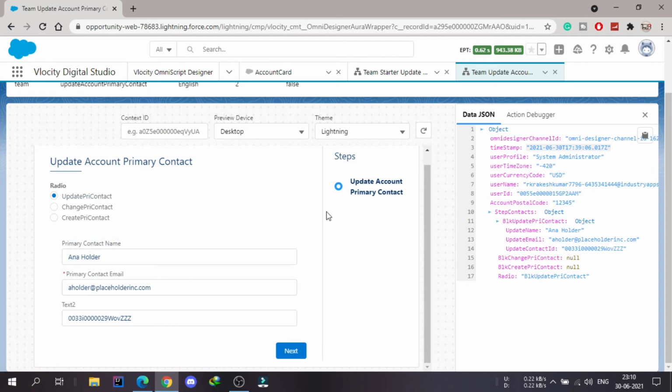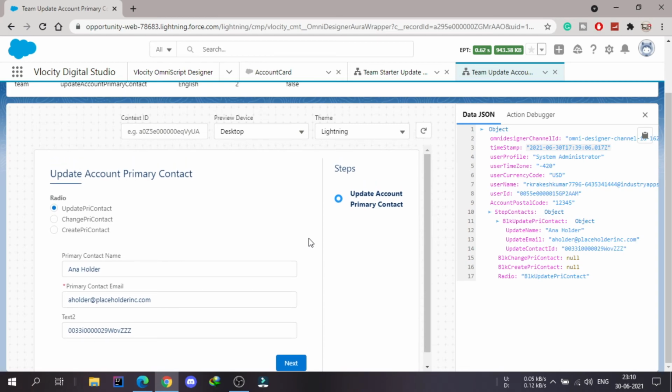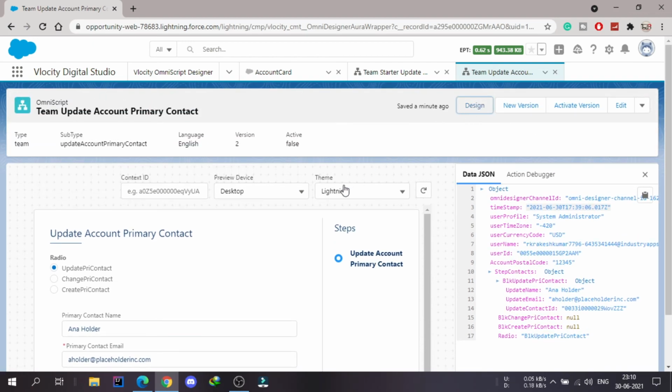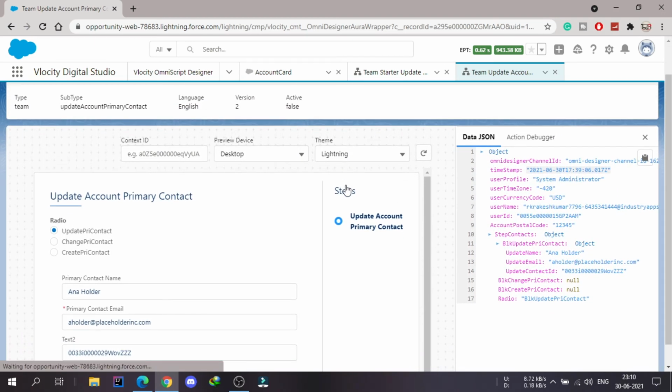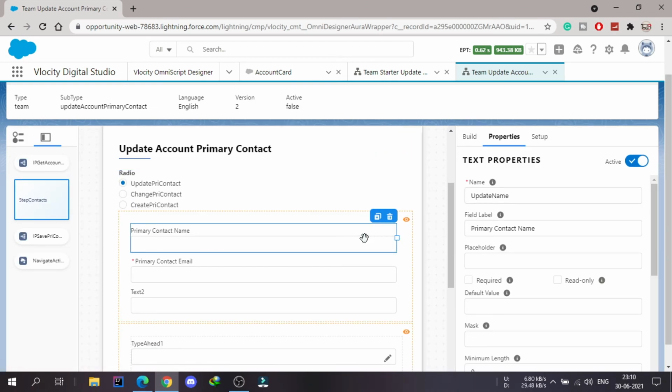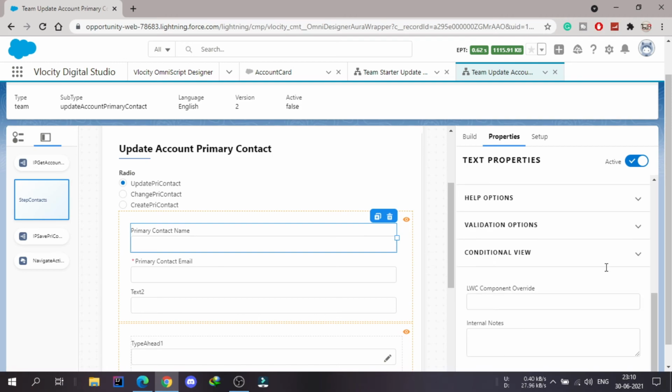So this was all about conditional rendering inside the OmniScript, how we can configure the radio buttons and how to make the conditional view for any block or any field. We can also set the same thing for a field. The same way we have set the condition for the blocks, we can set it for a field also. If you go to any field and scroll to the end, you have this conditional view for a field also. So you can set this if you want the visibility of the field to be conditional.